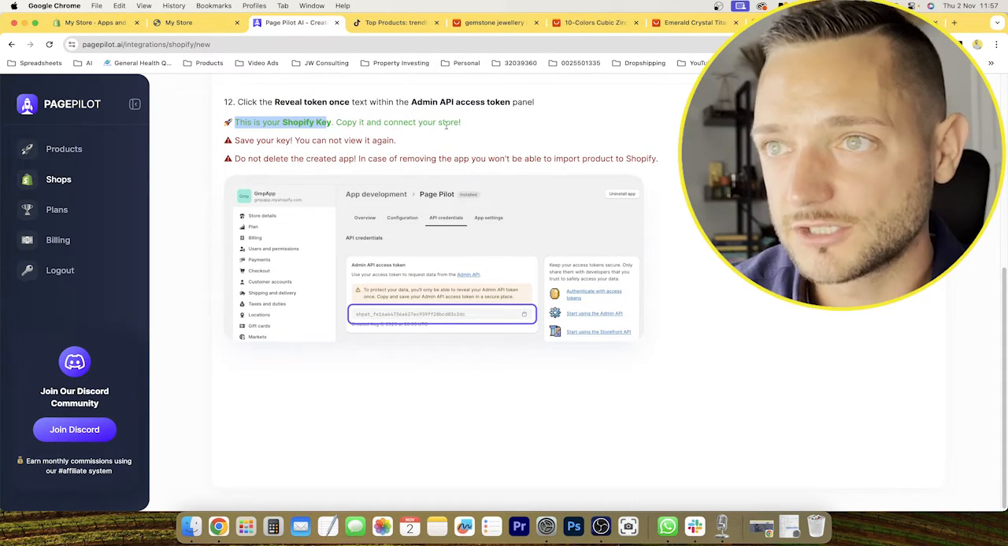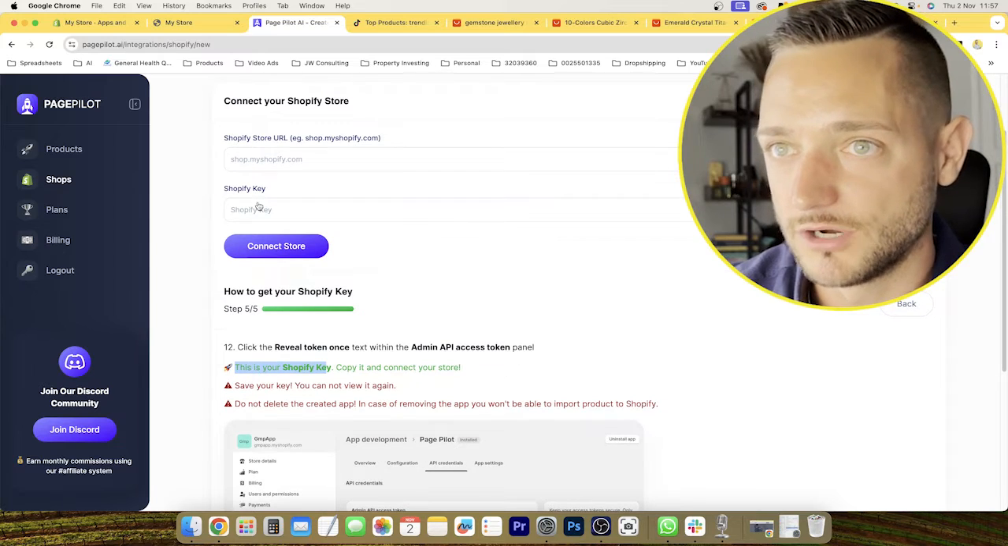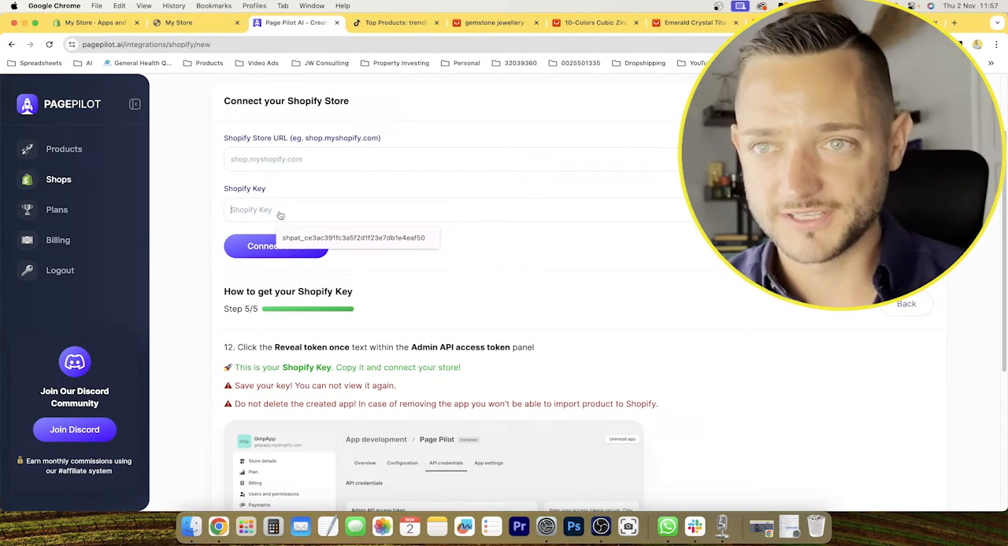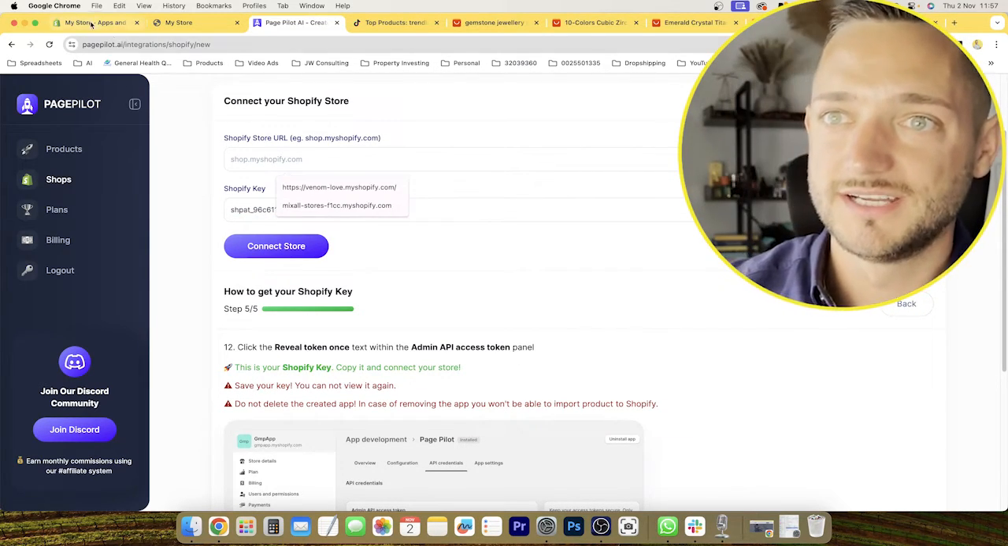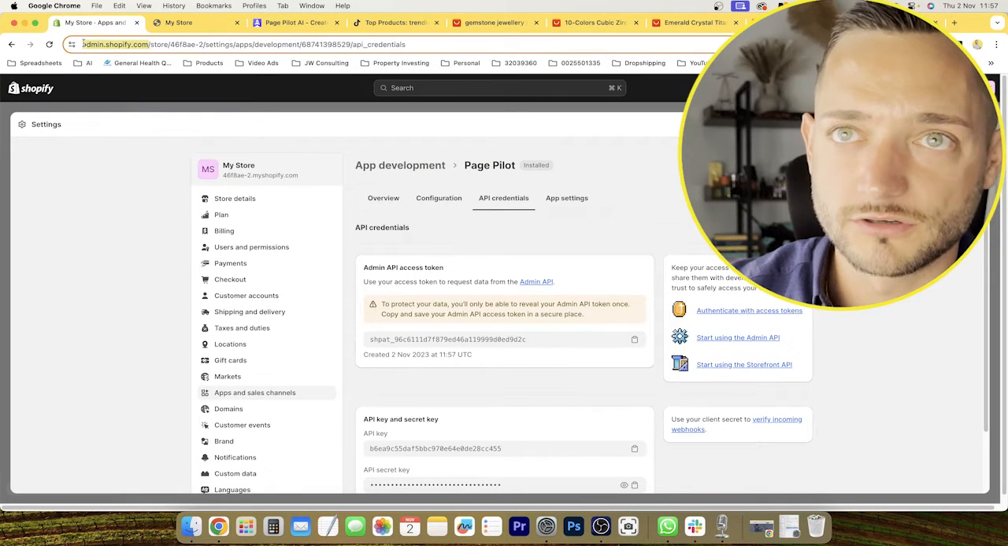This is your Shopify key. Copy it and connect to your store. Okay, so now Shopify key, this is where I paste it, and here the URL of my store, which is